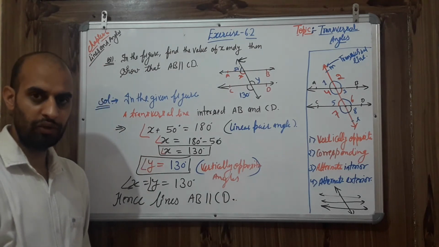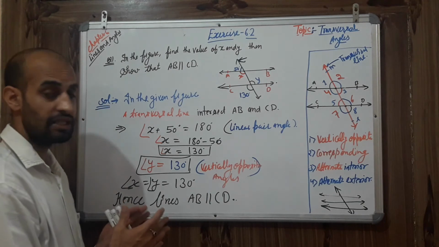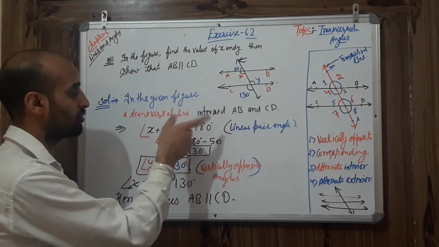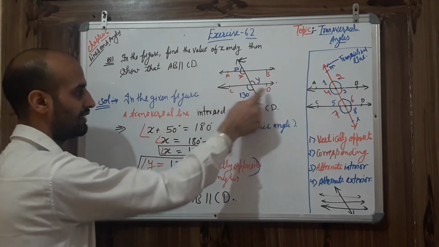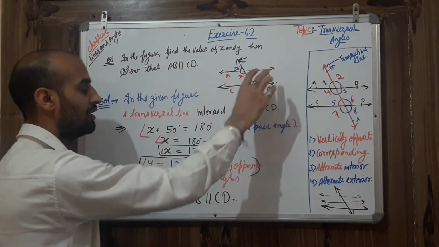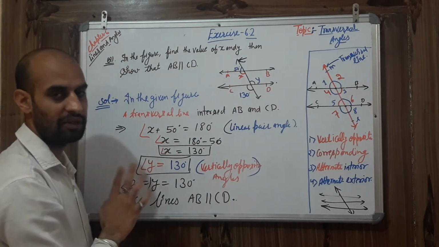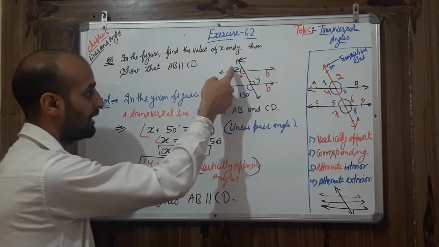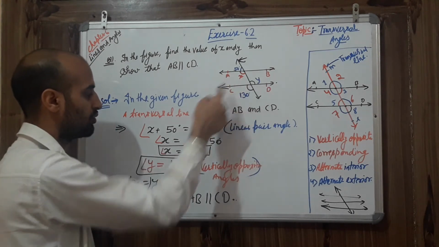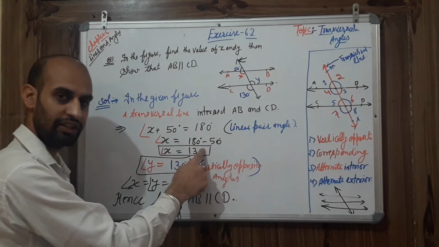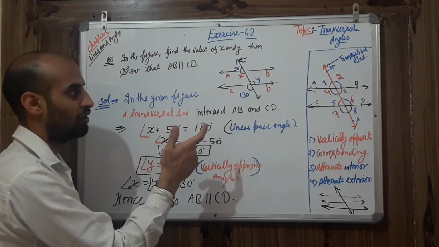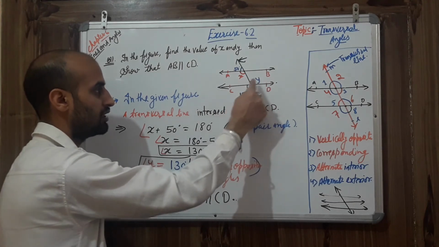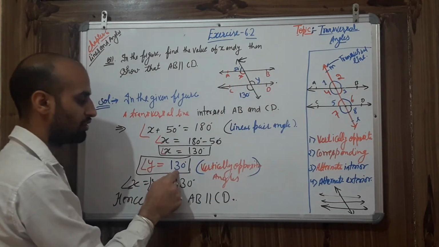Now I hope it is clear to you how to sort out the problem. Just see what I did first. First I have to write what is given in the question. So two lines are given to me, AB and CD, that I have written. They are parallel, but we need to prove they are parallel. They are intersected by transversal line. So you can apply your linear pair. X plus 50 equals to 180. Find x from here. You will get 130. Second, how to calculate y? It is very easy. It is vertically opposite. They are opposite to one another. So definitely they have same value. Y is equals to 130.